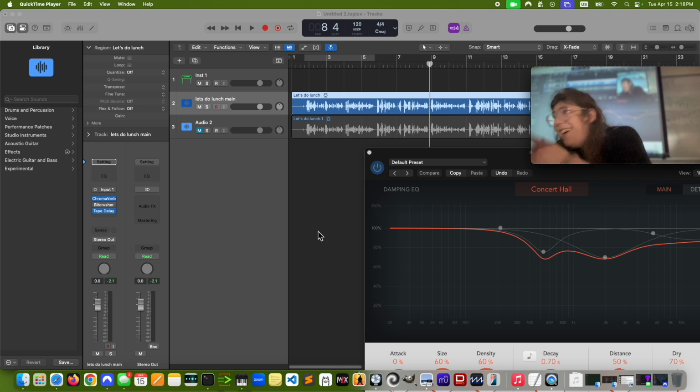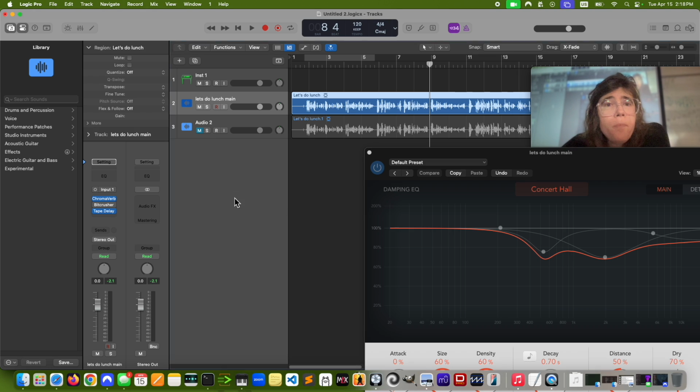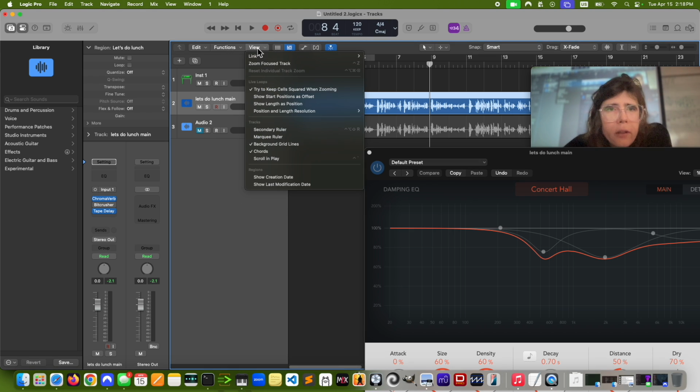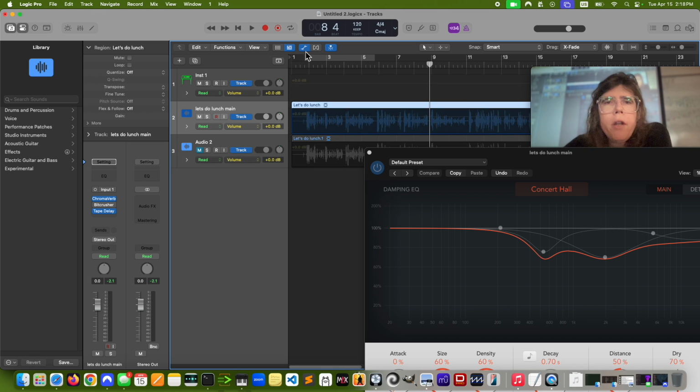It automates things, which means it's going to change effects and certain parameters at certain times according to your selection. So to get to the automation, let me see here. There it is. What you want to do is click on this guy, show hide automation. It looks like two little dots that are connected up here. And when you do that, you're going to open up this additional little piece of information.